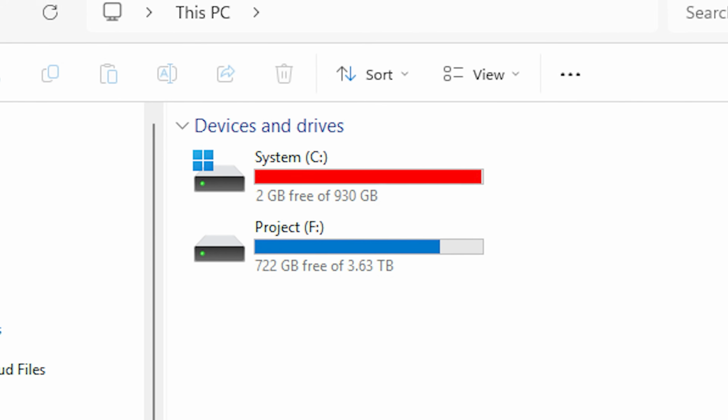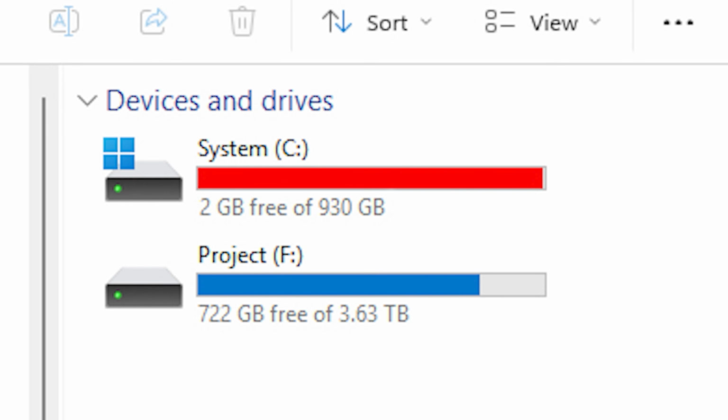Is your C drive constantly running out of space? That low disk warning is one of the most frustrating things you can deal with on a Windows PC. And if you don't know how to extend your C drive, it can feel like a dead end. Well, in the next few minutes, I'll show you exactly how to fix it, step by step on both Windows